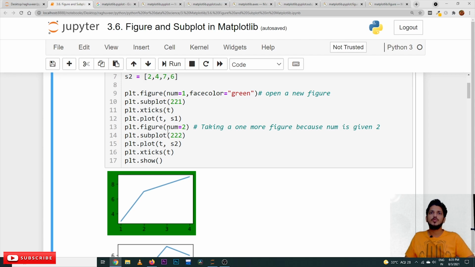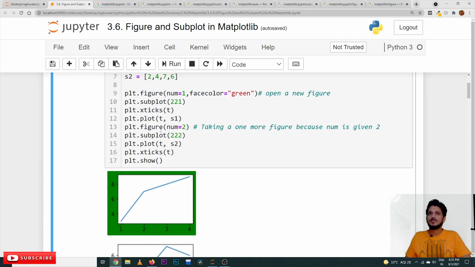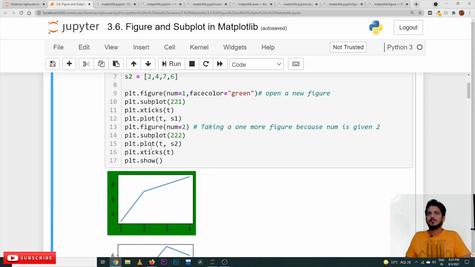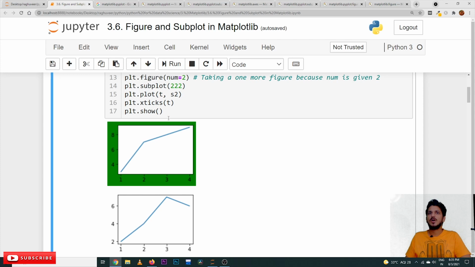plt.subplot(2, 2, 2). Here we mentioned 2, 2, 1, and here we have mentioned 2, 2, 2. What does that mean? We will understand in a minute. So plt.plot, see, we have considered the second figure. By default the figure color will be white, that's why it is not visible. Here we mentioned face color as green, that's why it's visible. Only the figure's axis is visible. So again we have used plt.subplot, and subplot is creating an axis. This is the axis it created. On this axis we are displaying a plot of t, s2. So t, s1 is plotted in the top figure, t, s2 is plotted in the second figure. That is how we will create it.